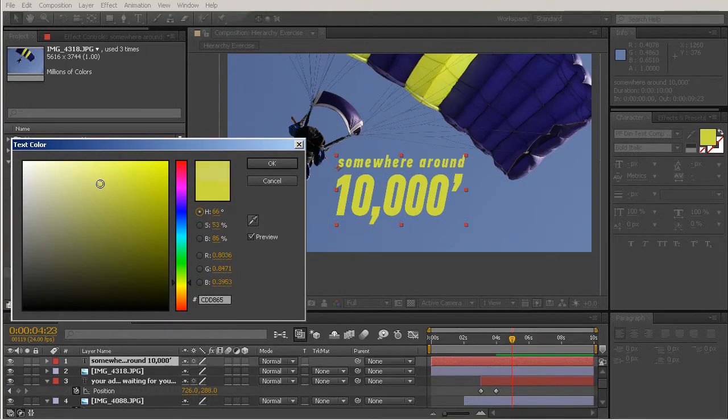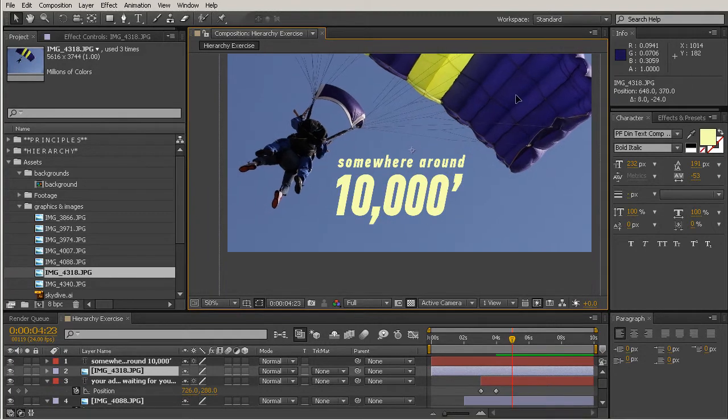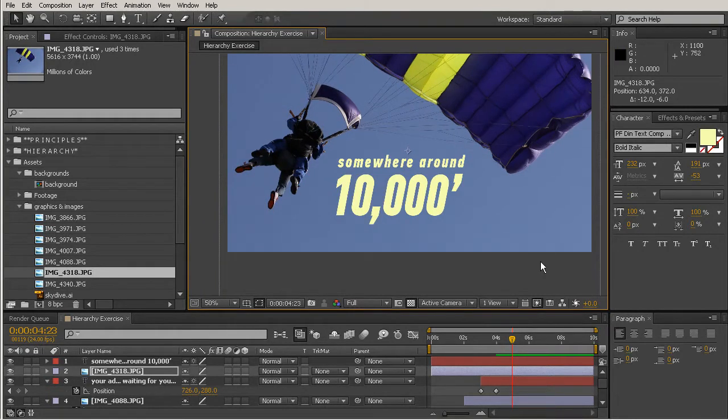So maybe come over here and put a little bit more white into that yellow color, just right up there. So now that feels like it's still yellow, we're still pulling from this, but there's just a little more contrast between those elements, so there's not so much competition. Now you may want to leave those the same color. You may even want to make it this blue color here, or maybe this purple color. It's all just about experimenting to figure out what's the best message and the best way to communicate all these